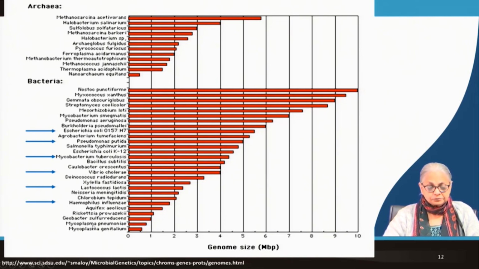In comparison, if you look at the more modern bacteria, you can see they range from almost the same minimum, 0.5 million base pairs, but the largest ones are close to 10 million base pairs. The ones that we are most familiar with in our environment, E. coli, which is one of them, at 5.5 is close to the largest archaeobacteria. Pseudomonas, which is another very common species found in our environment, Pseudomonas putida, and Mycobacterium tuberculosis are all fairly large in general compared to archaeobacteria.